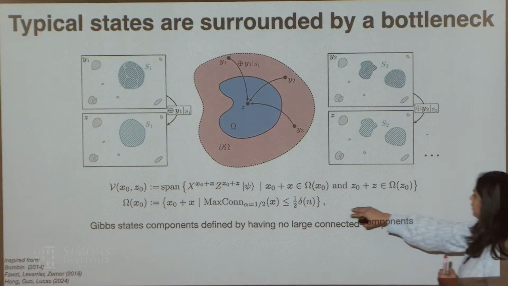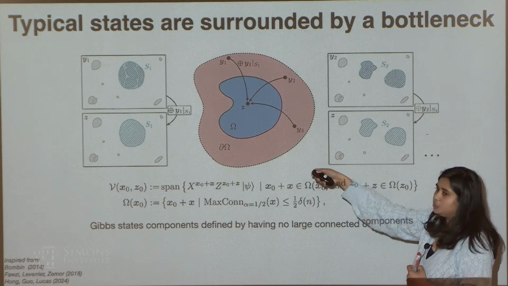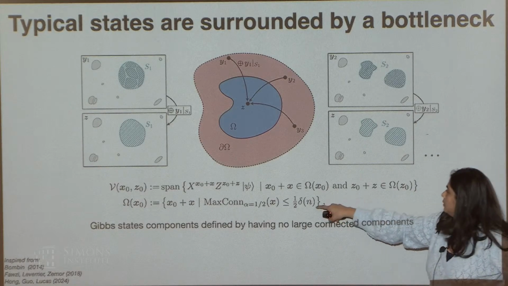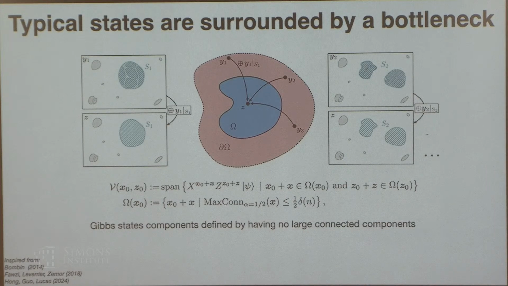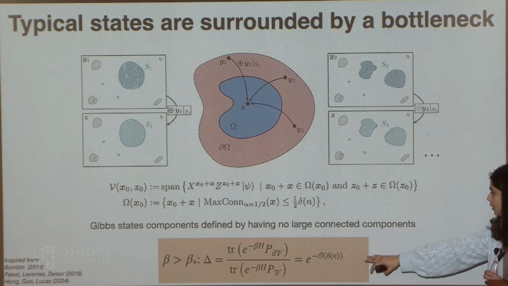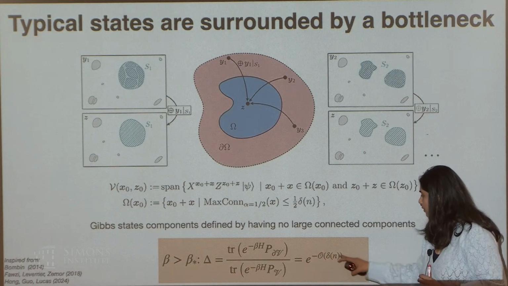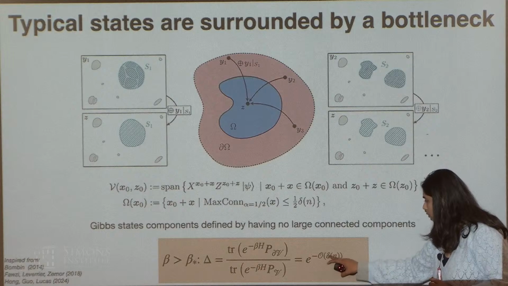And when this large blob exists, the energy of that large blob is greater than the energy of the things without that large blob by an amount that scales with the size of the blob. So then you get this extensive energy barrier. The number of ways to place that blob, such that if you remove it you get the same kind of state inside, also gives you some entropic counting that you need to do, but you can do it, and you find that you can define these bottleneck sets in this way, and you actually get a lifetime, because the bottleneck goes as e to the minus order delta of n.